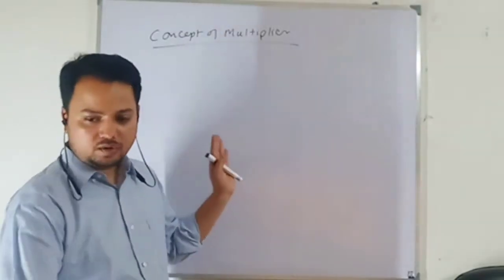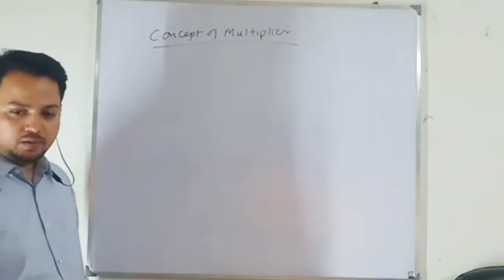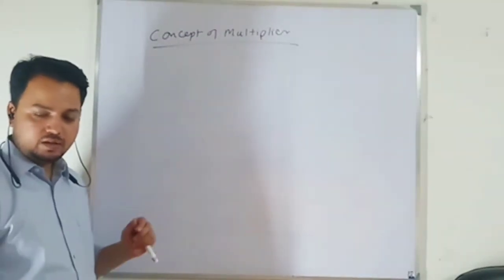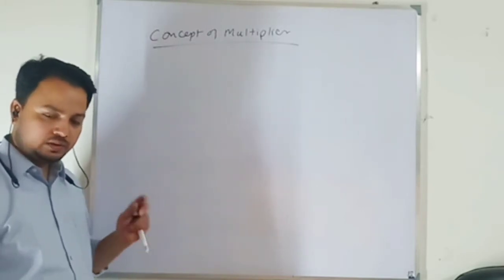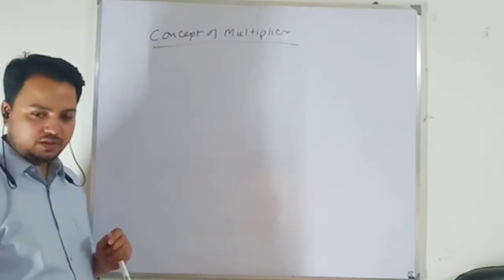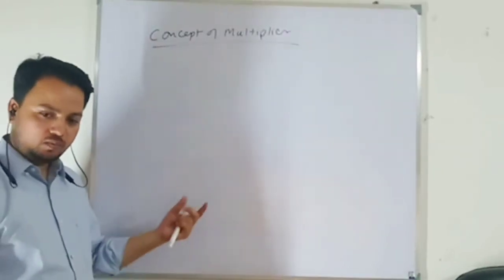So here I will be focusing only on two sector, to understand the working of the multiplier and why change in income will be more than change in autonomous component, especially the investment component. Why will change in income be more than change in investment expenditure? You have done the numerical. Let's move this into geometric form.